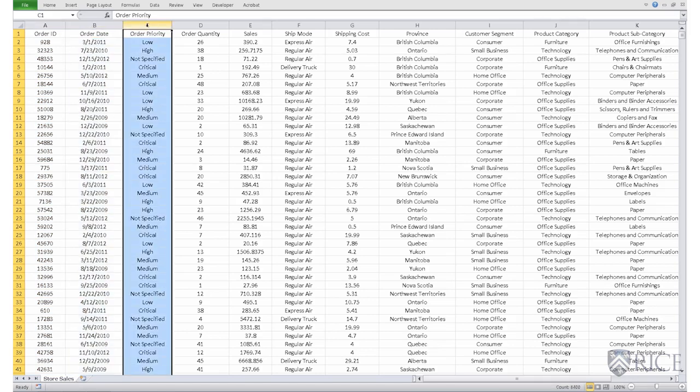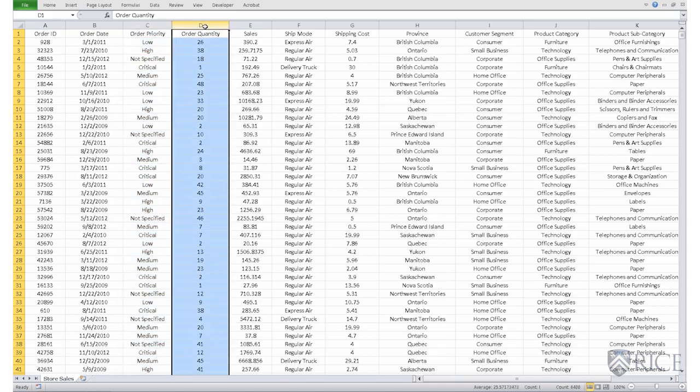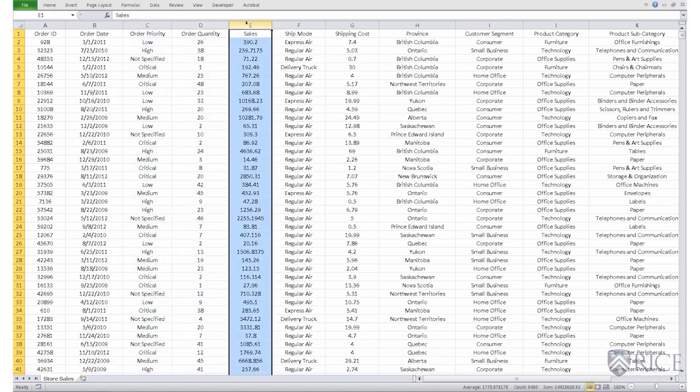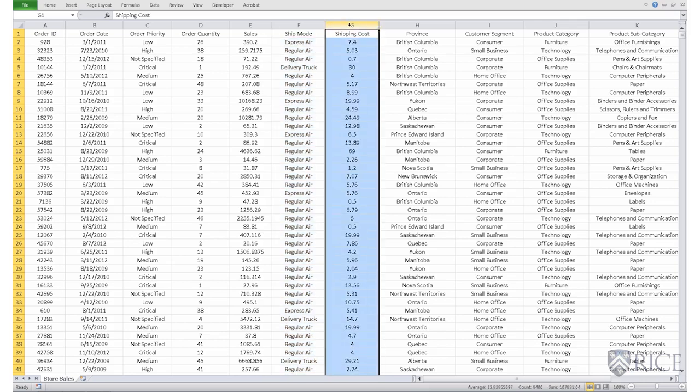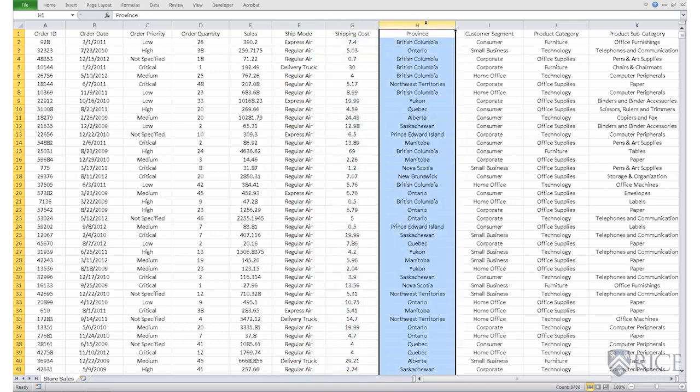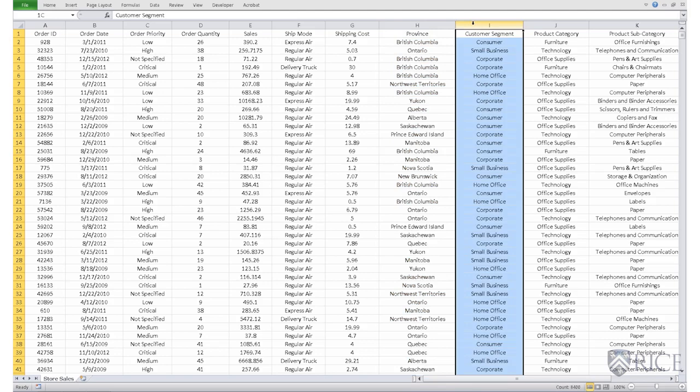The priority of the order: the store attaches either a low priority, a medium priority, high priority or a critical priority to every order, and some of the orders do not have any priority attached to them. The quantity of order, the number of units ordered, the total sales in terms of dollars, the shipment mode for the order. So the store ships the products either by a delivery truck, regular air or express air, the shipping costs involved in dollars, the province or state within Canada to which the order is to be shipped,